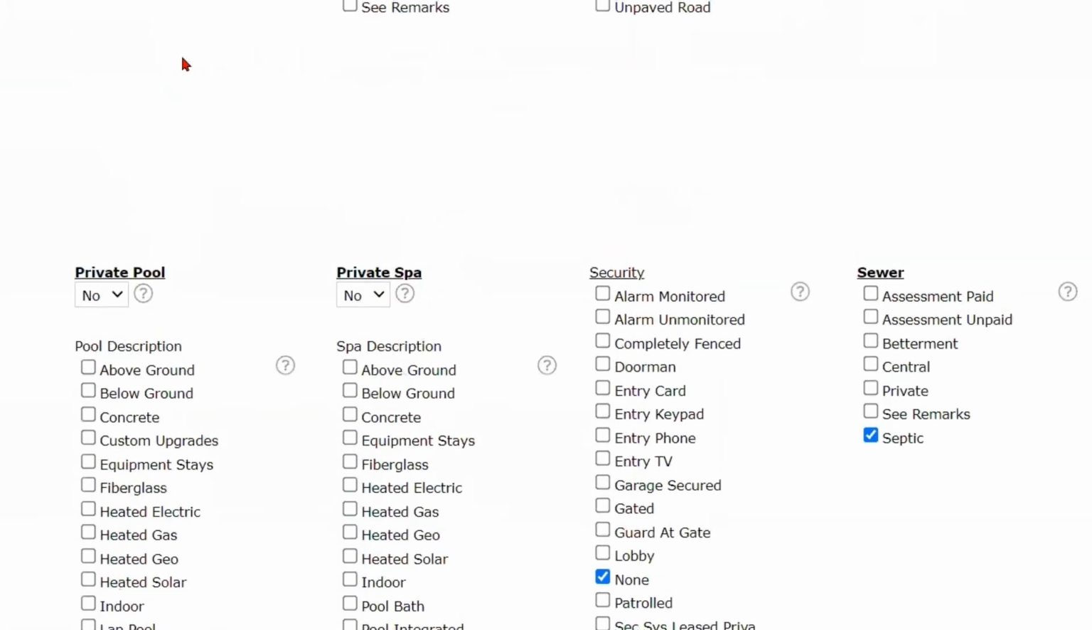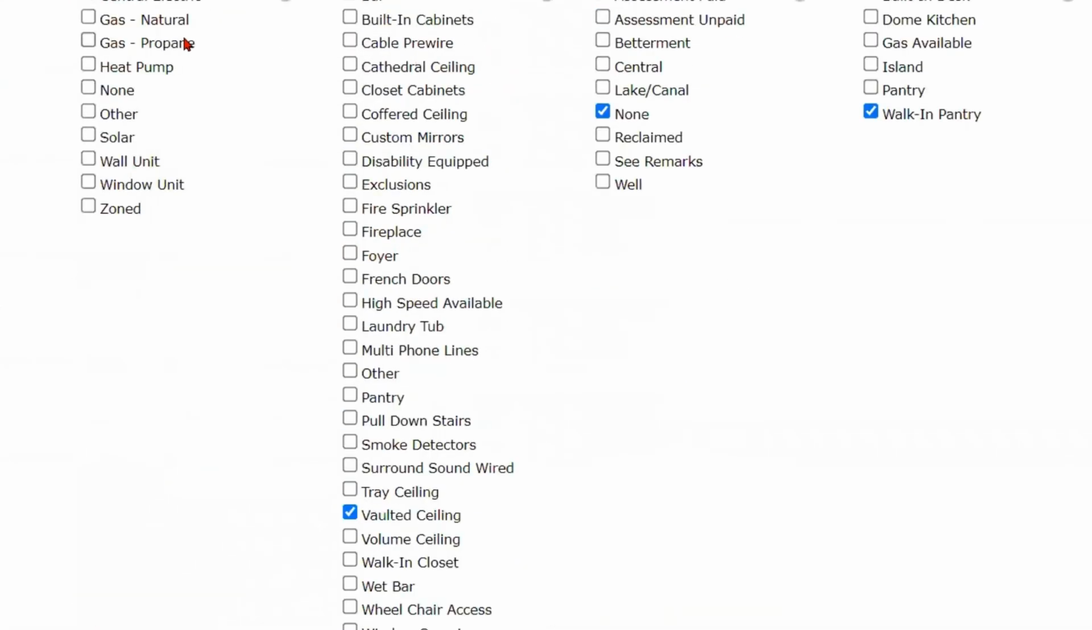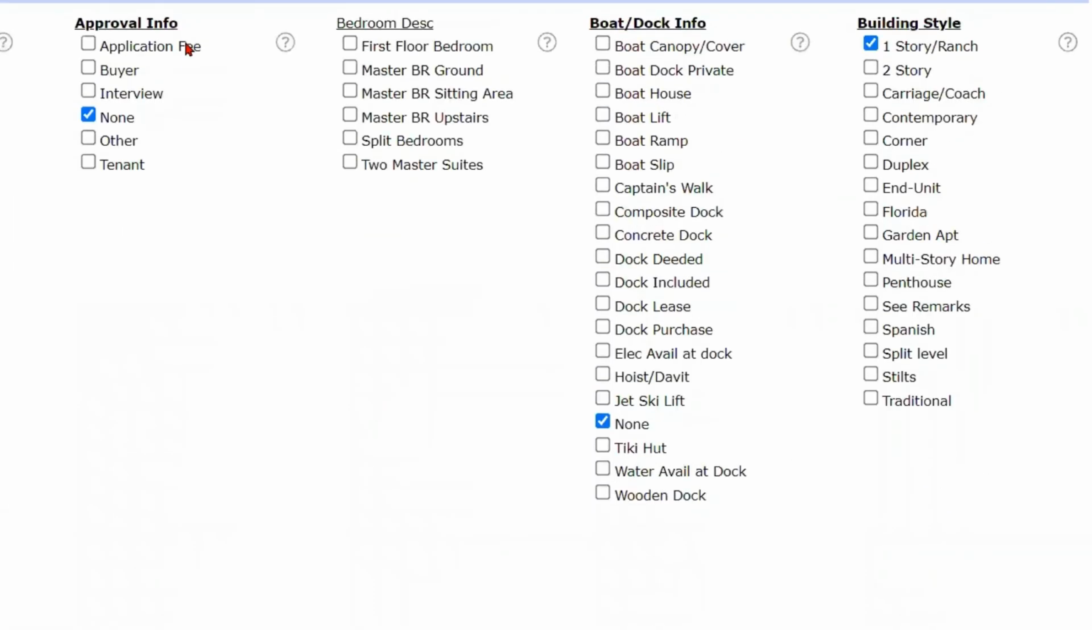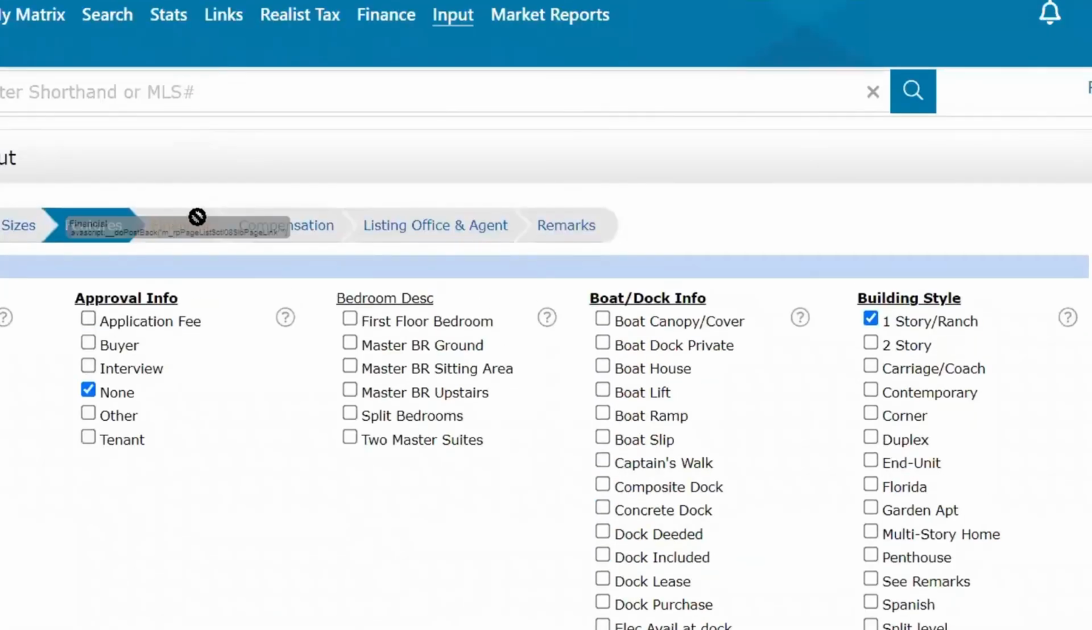So I'm scrolling up to the top of the listing, and now we're going to hit, and I don't have to scroll, I'm just letting you see how big that field is. Then we're going to find